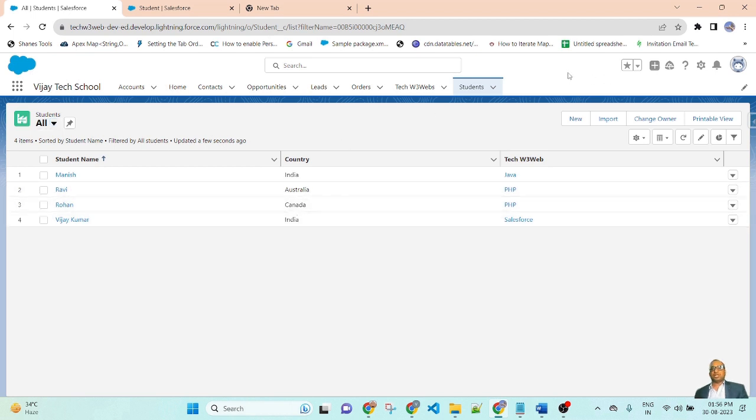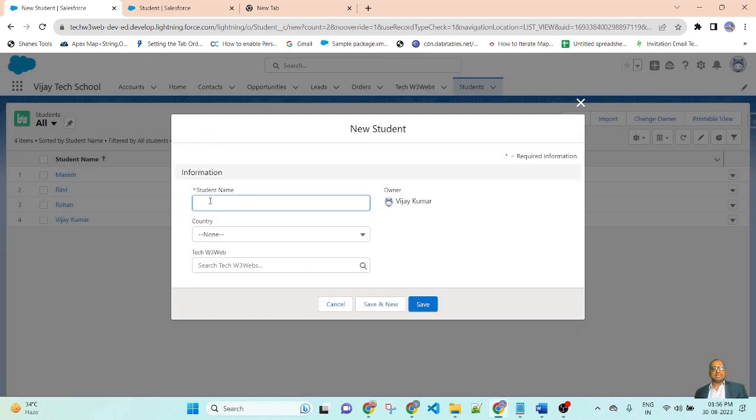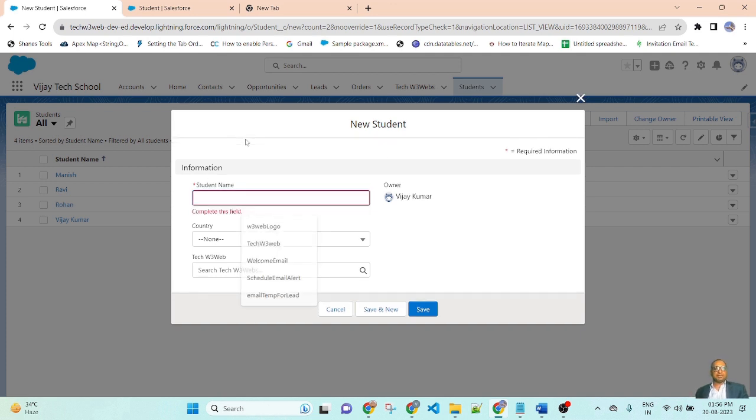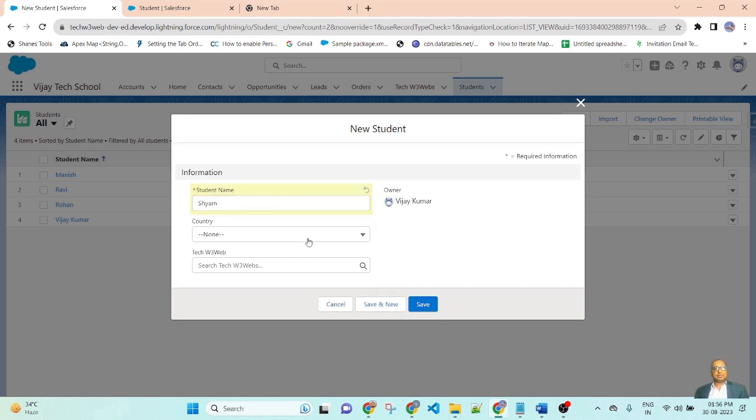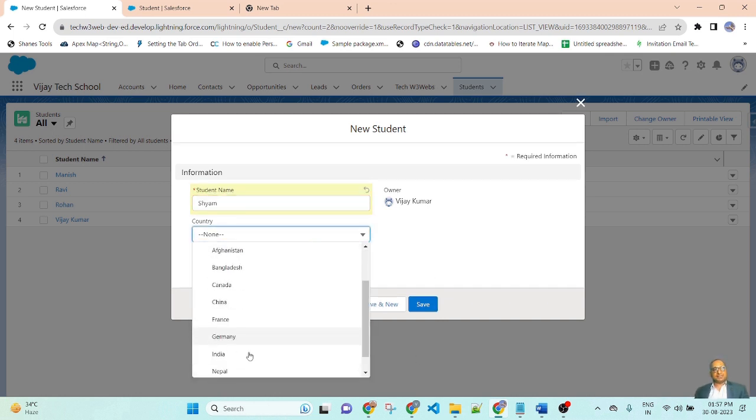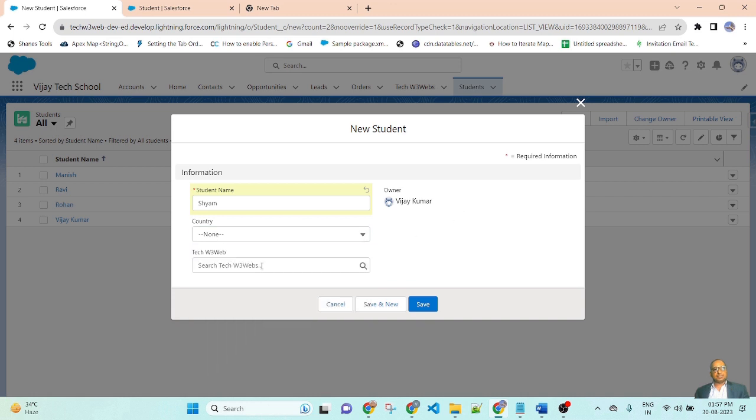Now I am creating another record. To create a new one, write the name of the student. The name of the student is Syam. And this is the country. Here you can see all of the countries, and you can check the Tech W3 Wave record.